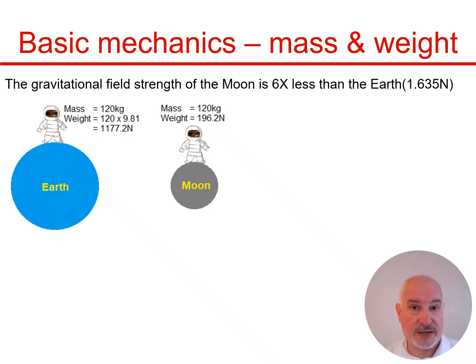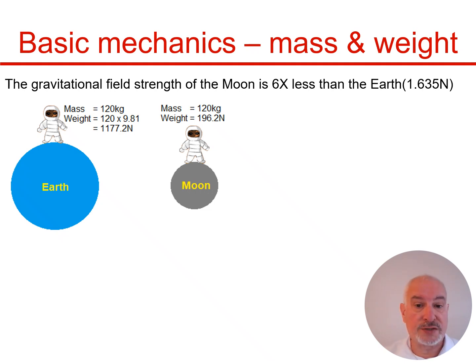However, the weight of the astronaut does change because weight is a result of the force of gravity acting on an object. And so the weight of the astronaut is the mass of the astronaut times the gravitational field strength. Now on Earth that is 9.81 newtons per kilogram. So 120 kilograms is the mass. If we multiply that by 9.81, we get a weight of 1177.2 newtons,